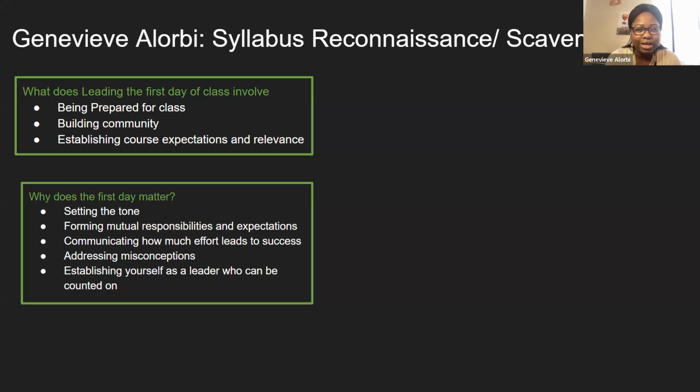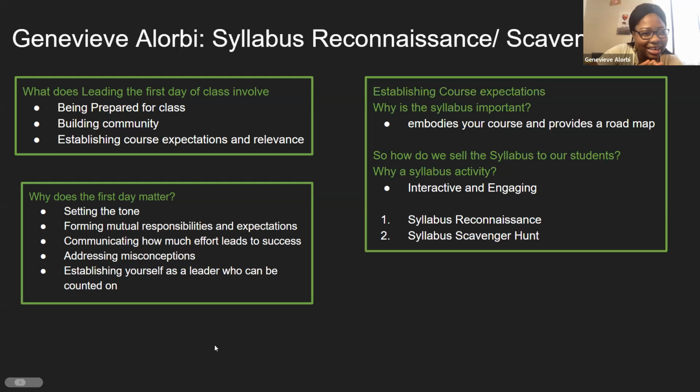So they are looking up to us to guide them through that. And I guess one of the important things is that it helps students see us as reliable leaders or facilitators who are really here to guide them through what they can actually do or how they can succeed in the course. So being prepared means,